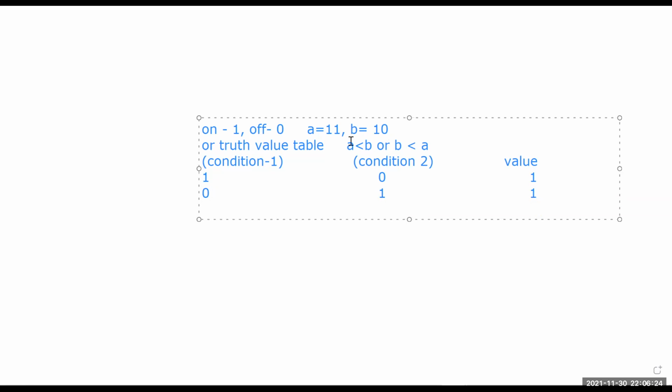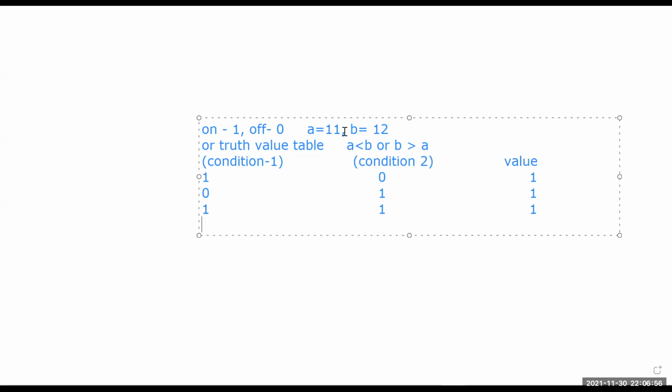Similarly, I have to change this condition. A less than B. So this might work, right? If in this case condition 1 is true and condition 2 is also true, then we'll return the value as 1.